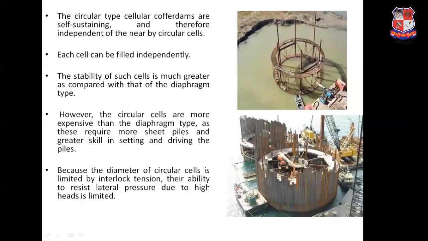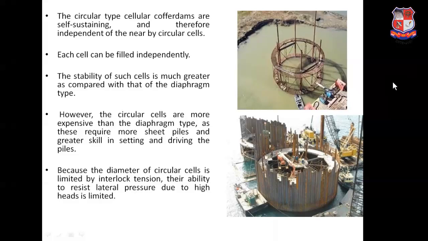The circular type cellular cofferdams are self-sustaining and therefore independent of the nearby circular cell. Each cell can be filled independently with respect to the other interconnected cells. The stability of such cells is much greater as compared with that of the diaphragm type cellular cofferdam. However, the circular cells are more expensive than the diaphragm type cellular cofferdam, as this requires more steel piles and greater skill in setting and driving the